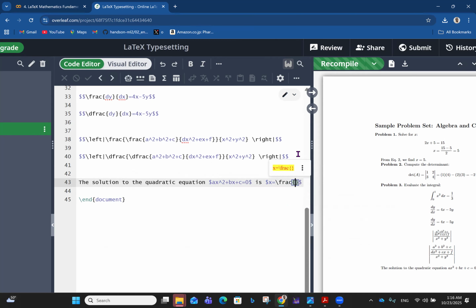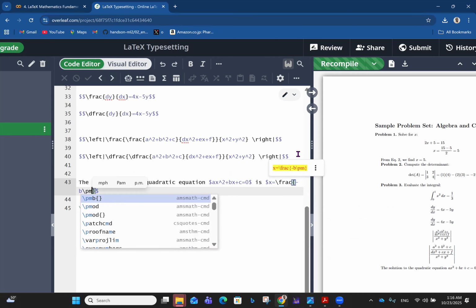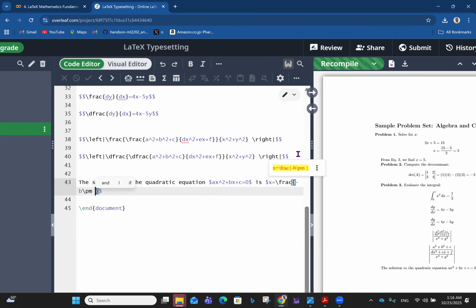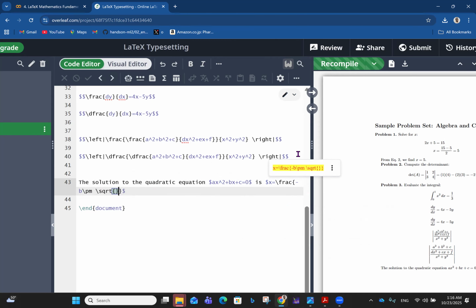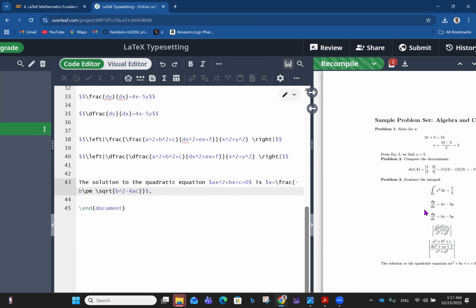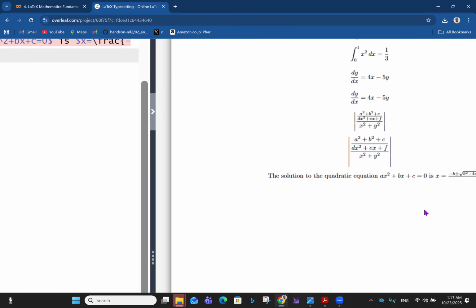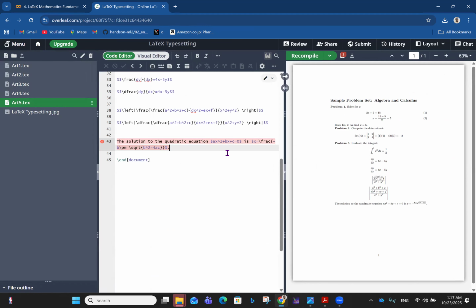So I have this. So that's minus b. Now, plus or minus is backslash pm, plus or minus square root. So plus or minus square root, then open and close bracket, plus or minus square root of b squared minus 4ac. All right, and that's just it. So you see, that is inline. Okay, 4ac divided by 2